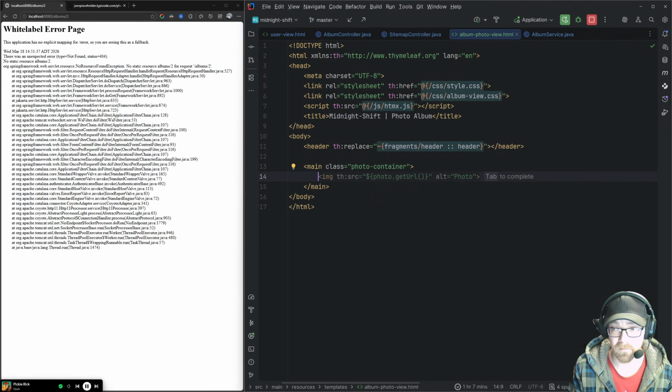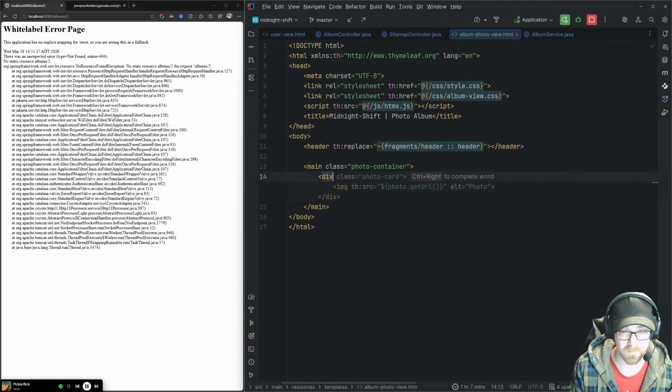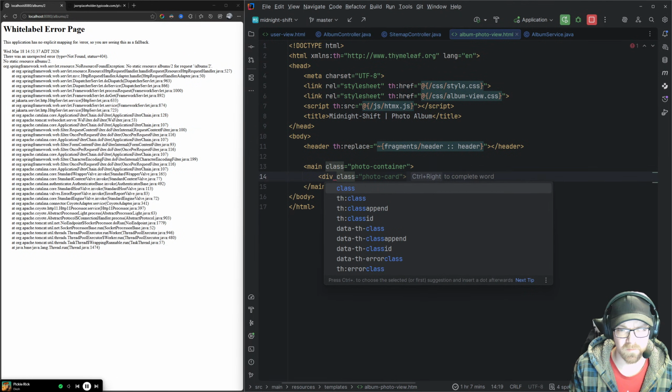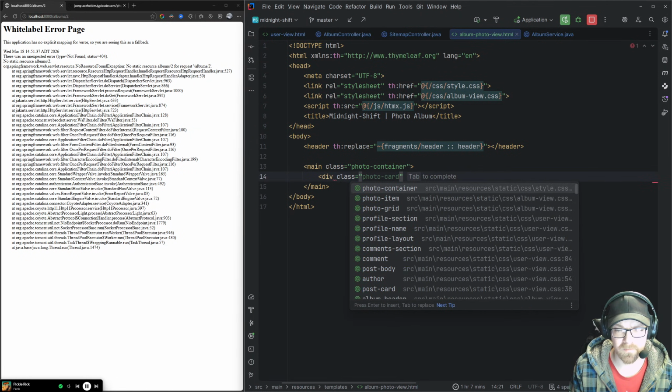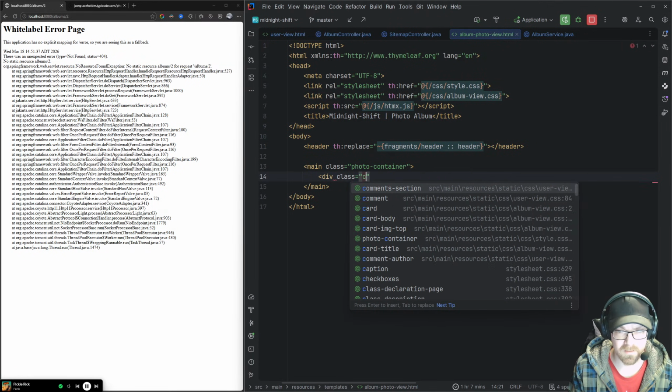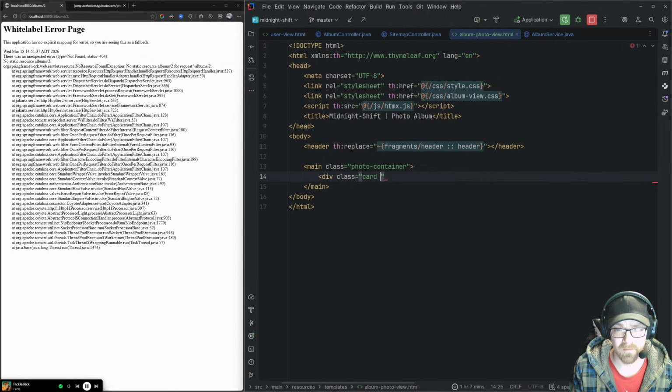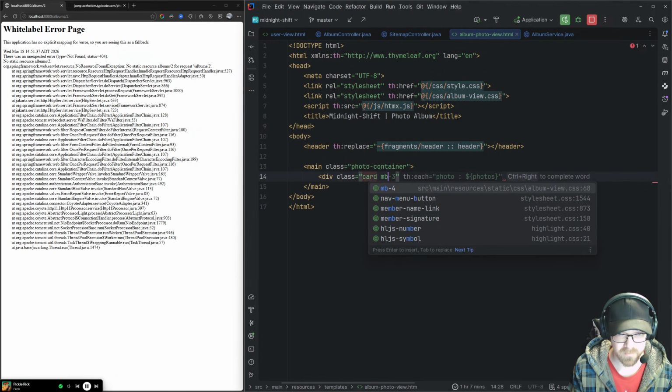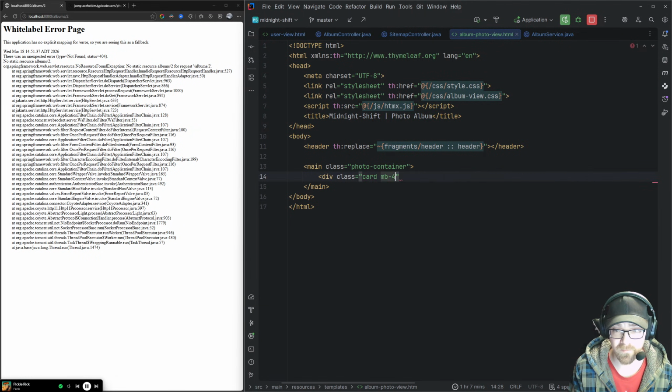So the photo container, I need to have a top and then a bottom. So I need a div up here. This one is going to be of class card with a margin bound of 4.